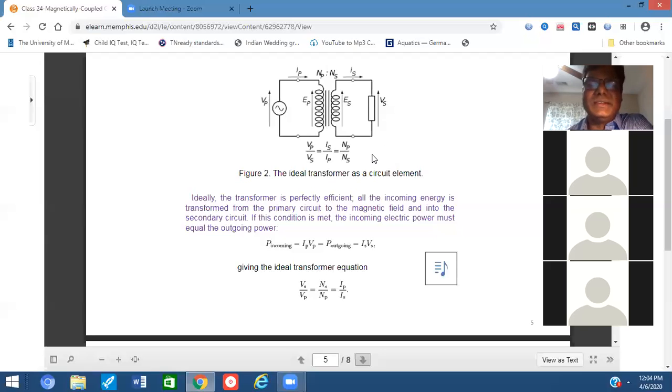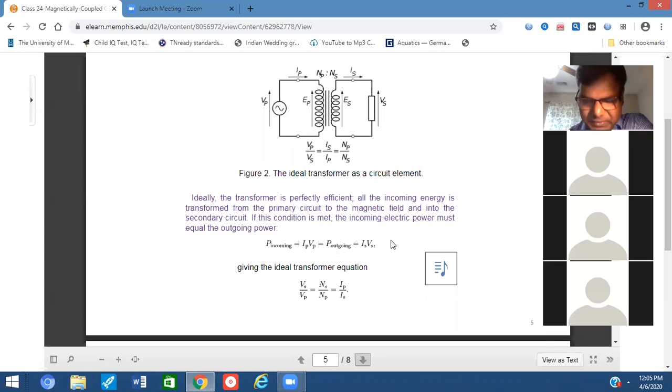And how do we get this one? So after the figure 2 caption, you see in magenta color, I have written something. Ideally, the transformer is perfectly efficient. All the incoming energy is transformed from the primary circuit to the magnetic field and into the secondary circuit. If this condition is met, then the incoming electric power must equal the outgoing power. And then I have written, you see, that P incoming equal to Vp multiplied by Ip equal to P outgoing,